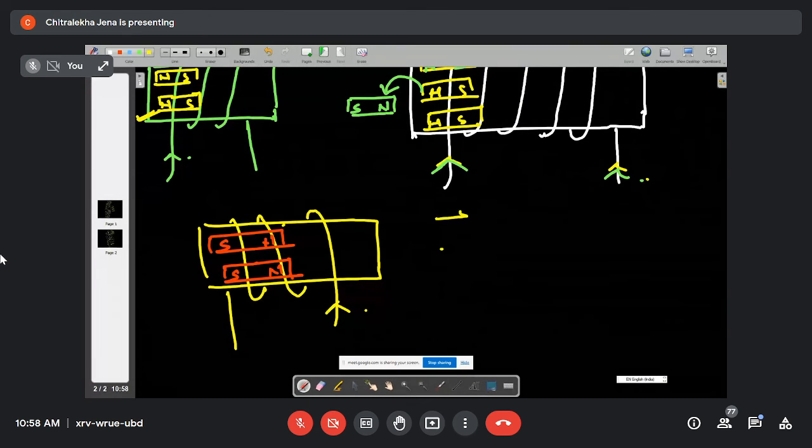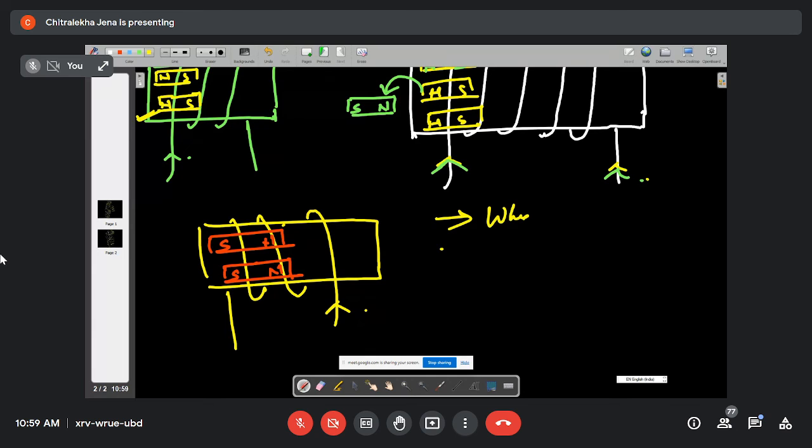Yes. So here I will write down what is hysteresis loss. When a magnetic material is subjected to